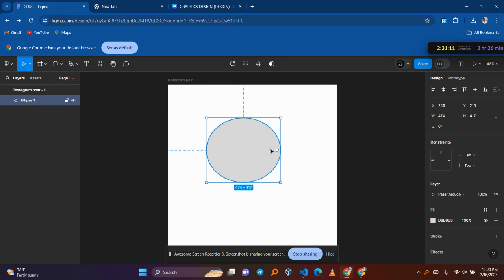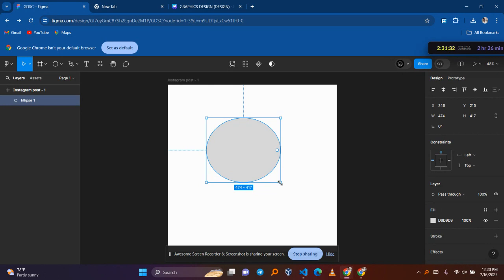And if you want to make this circle big, but you don't want it to change its shape, you want it to stay like this, you just